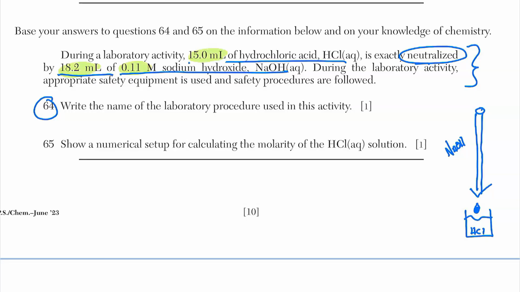So the word titration just really means that you're using one chemical's information to answer another in a laboratory procedure. So knowing how much sodium hydroxide I'm adding, I can figure out exactly how much acid I have,